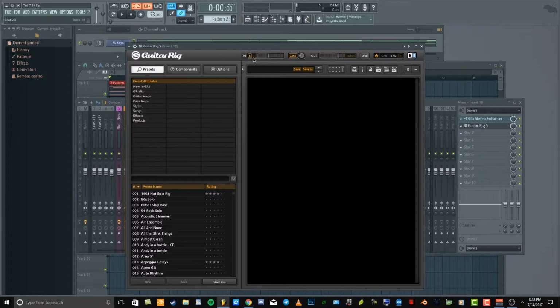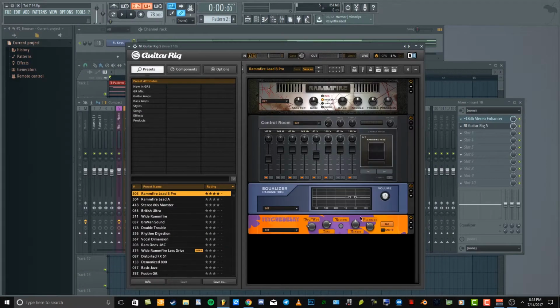So when you put Guitar Rig in, I like to turn the right channel back on because by default, it's only inputting the left channel signal. Just for a wider sound, I like turning it back on. And for this piano, I'm going to turn the gate off as well. And there's a preset in here. Again, you might not have this, but you'll be able to search through your own presets and just use this as an example. And I think it's this one, Lead B Pro. So if I play this back,